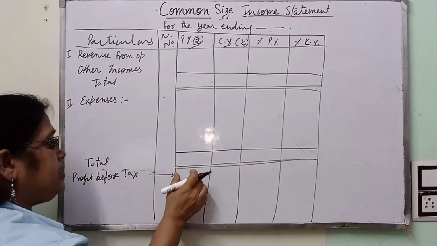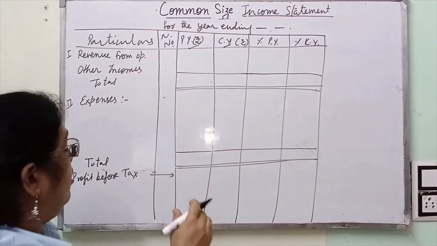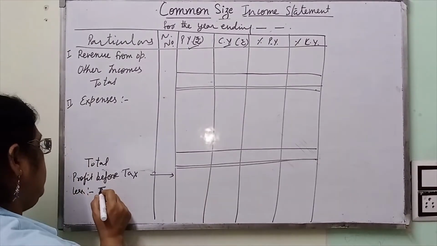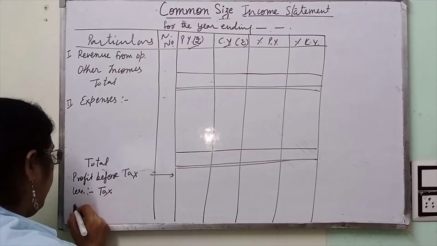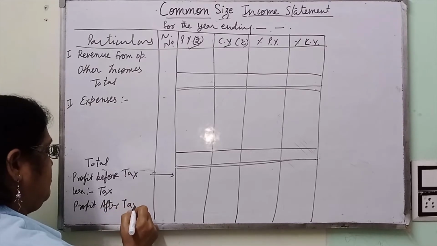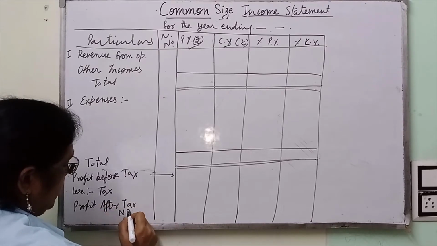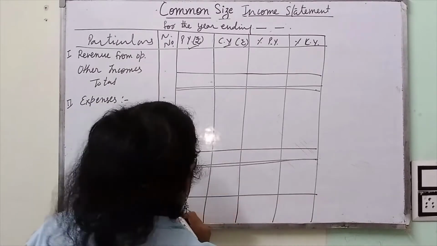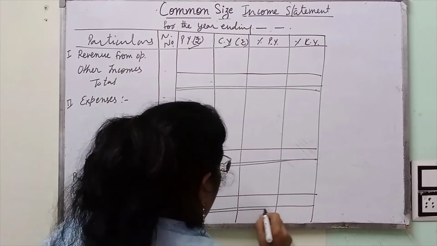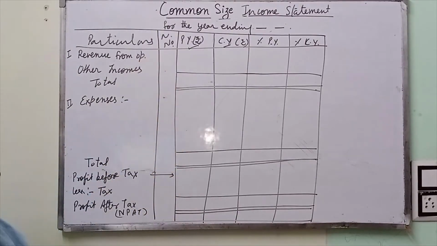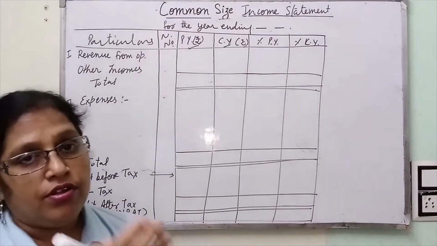After this, this income is known as taxable income, and the company has to deduct tax, and the tax rate is always given. After deducting tax, the company can calculate profit after tax. It is also known as net profit after tax. This is the final earnings of the business. I think there is no doubt in this format. Now we have to do one practical problem related to this topic, and the question is on the screen.